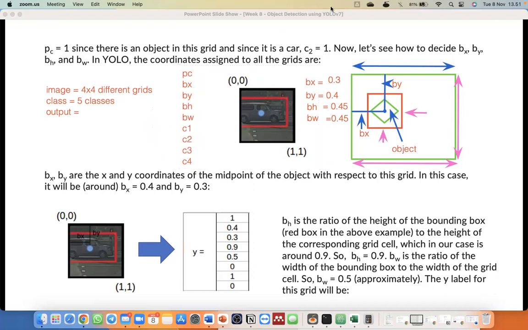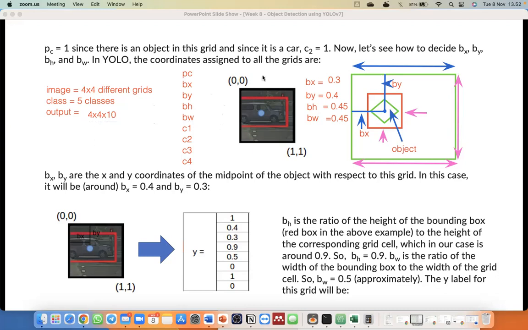So the output of this image will be berapa kira-kira? 4 kali 4 kali... kok 5? Kok 10? Kelasnya 5 ya. Sorry, 10 ya.